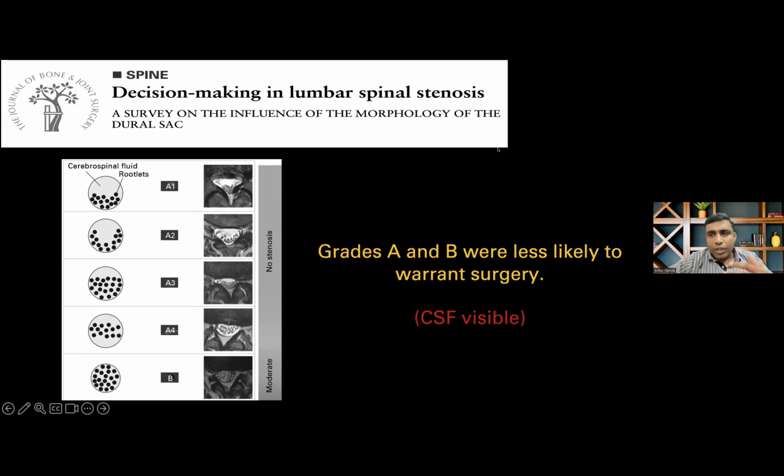They made a questionnaire, questioned a number of experienced surgeons, and asked them which grades they would operate on. What they came up with was that usually grade A and grade B, which means whichever stenosis where CSF is visible either clearly or with minimal visibility, is something which